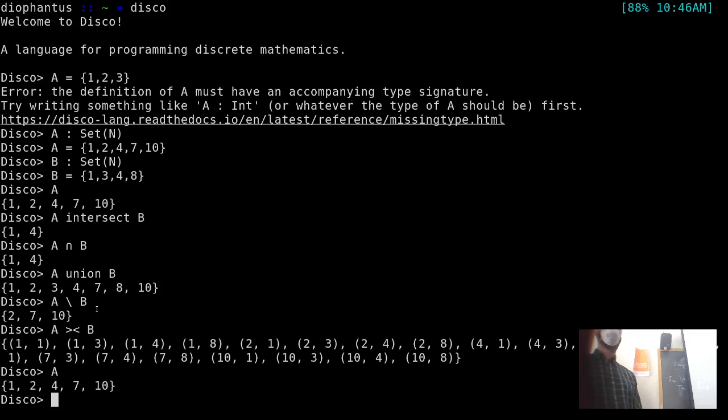Exactly. Right. That's the problem. The complement is 0, 3, 5, 6, 8, 9, 11, 12, 13, 14, 15, 16. It's infinite, right? And Disco can't represent infinite sets because,